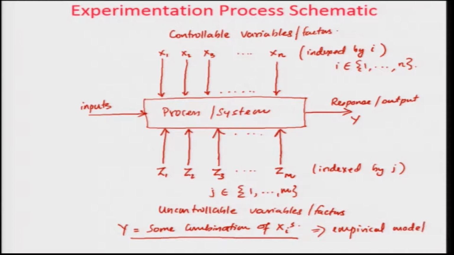All right. So, the empirical model will be you are doing some combination of the xi's to get your corresponding response, and in this case you cannot really do anything with the uncontrollable variables, which are your z values. Okay. And so, in that process your output, the y, is dependent on the values of the x's that you talked about.